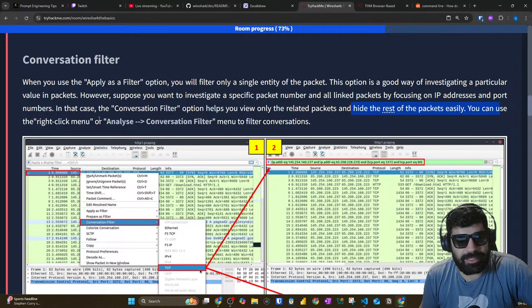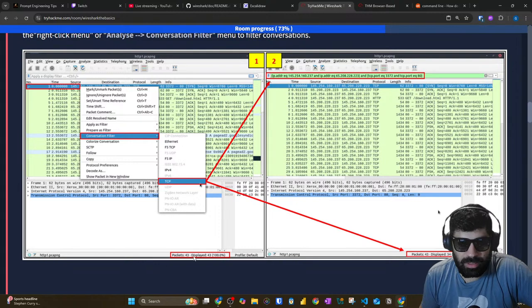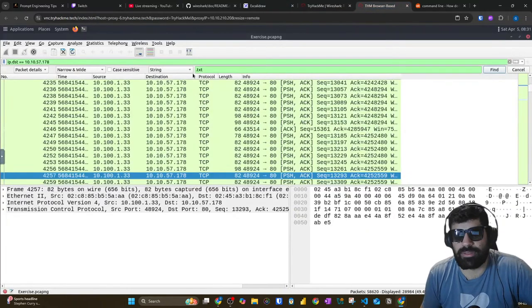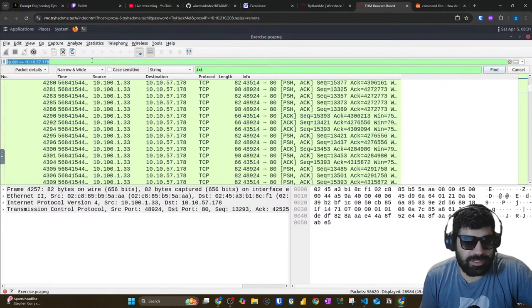You can use the right click menu, analyze, conversation filter to filter the whole conversation. That'll be nice. So here we put 34. So we had 43. Now because we did the conversation filter, we have only 34 displayed. So if we do the same, let's say I remove this filter